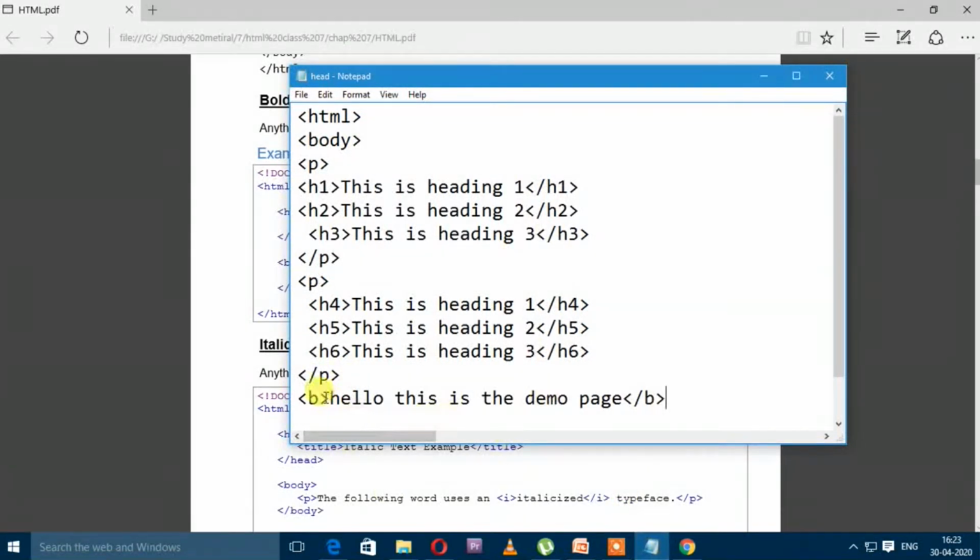I opened the italic tag and after that I closed it. In H1 I applied the italic tag, so the text enclosed in the H1 tag should be in italic form.